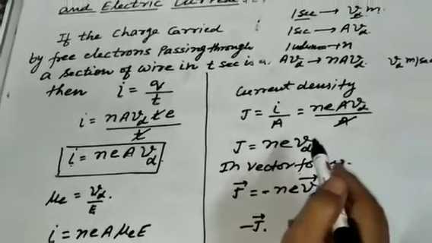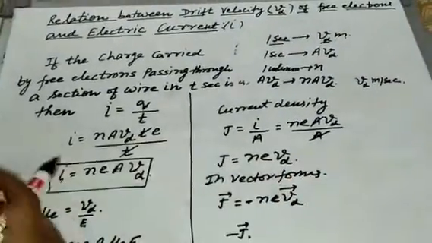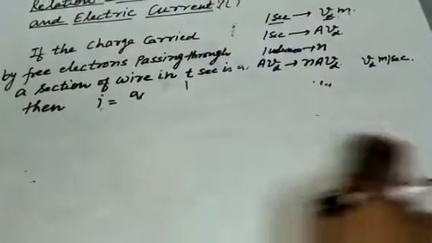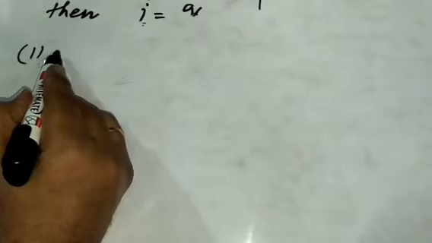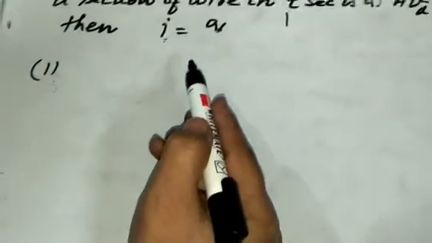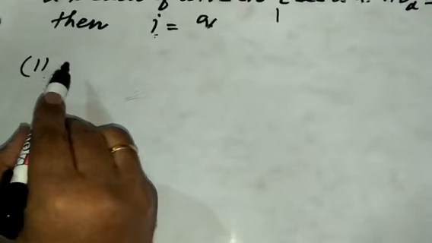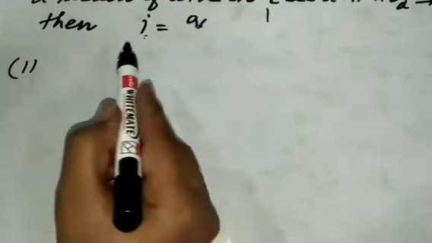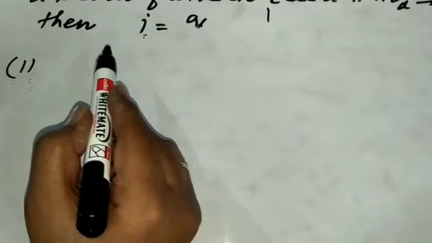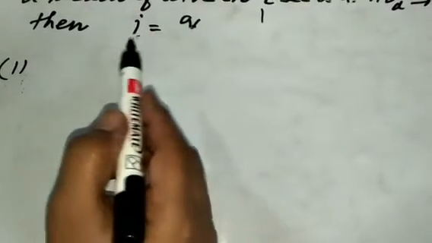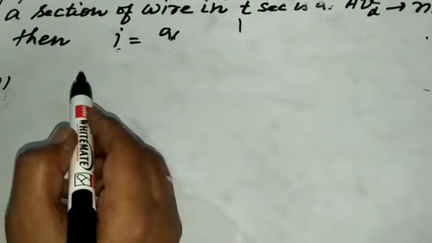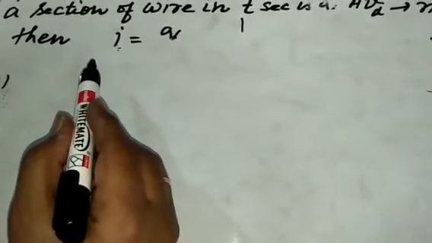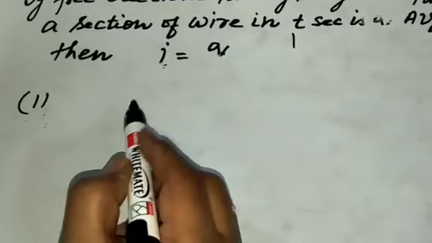Here 2 points are very important. First one: when a steady current, steady means a constant current, flows through a conductor of non-uniform cross-section, be careful about this one. Current is steady, uniform, but passing through a conductor whose cross-section, means area, is not the same throughout. Then its current density, electric field and drift velocity do not remain constant but vary inversely with the area of cross section.